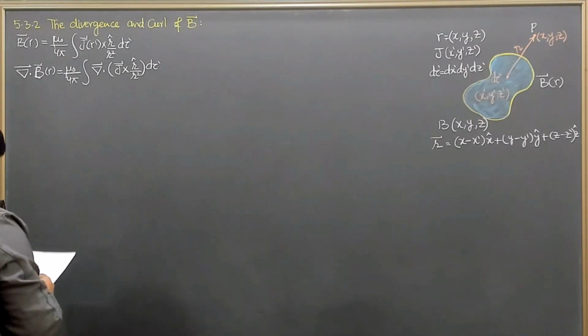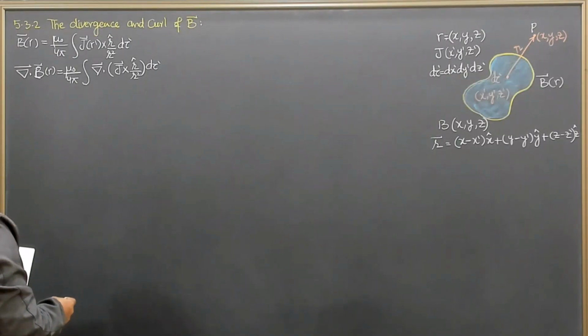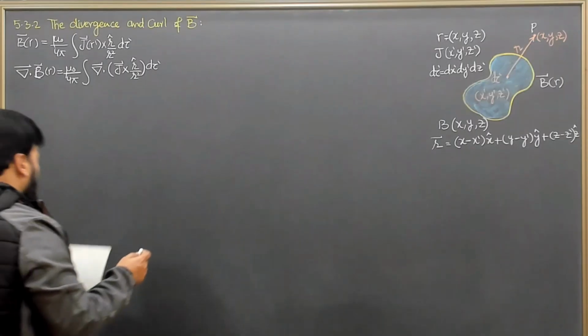I will not write the prime with J. Now if I look here, we are utilizing a vector identity, and the vector identity is that